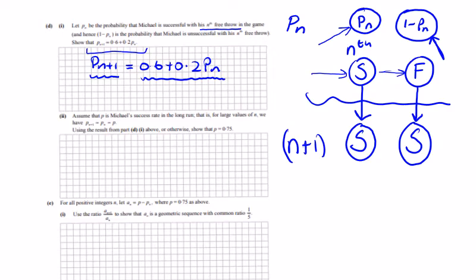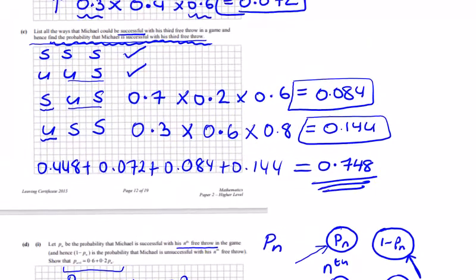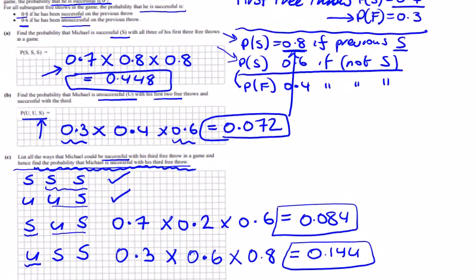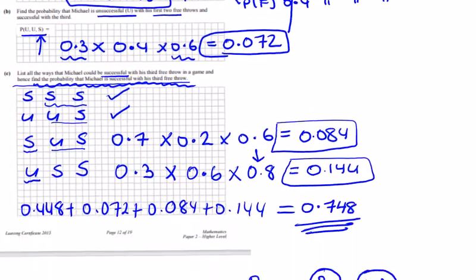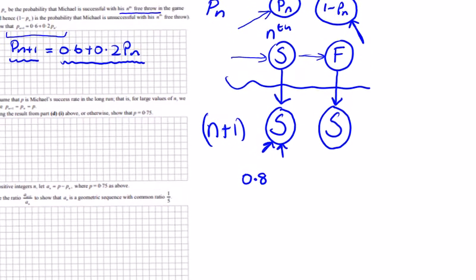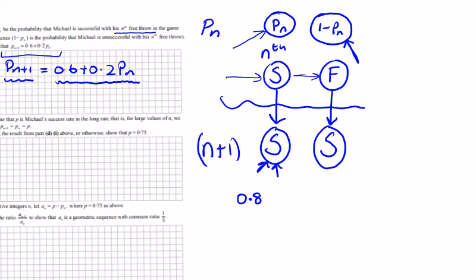So we need to know what was success. The probability of success following success. Well, we have it in the first one here. You can see success following success, and the third one is 0.8. This 0.8 here and here. So success following success is 0.8. So that's this one. So 0.8 times the probability of success on the end, this Pn. So 0.8 times Pn is S followed by S. And we have success followed by